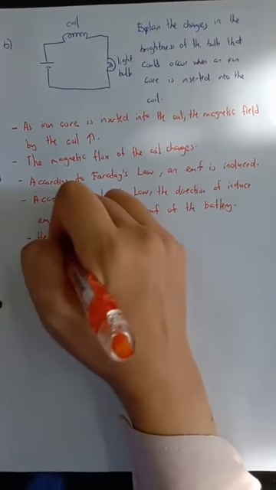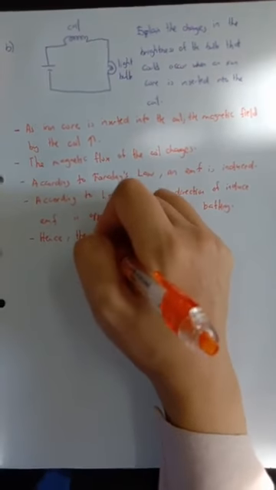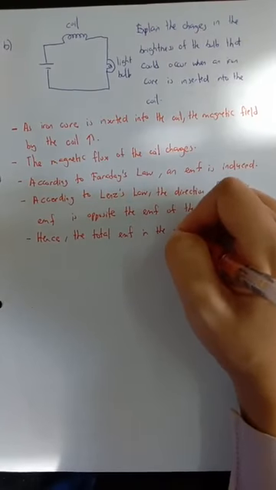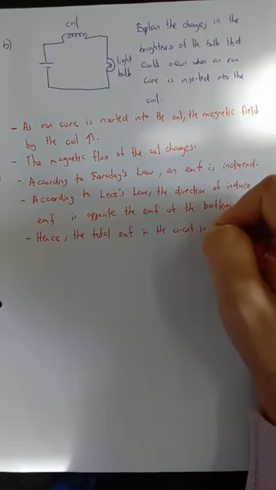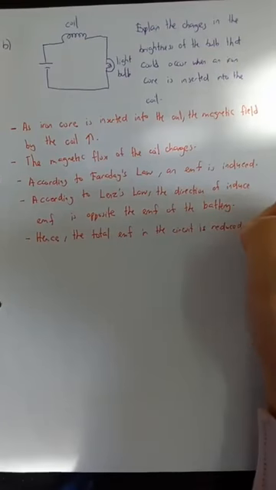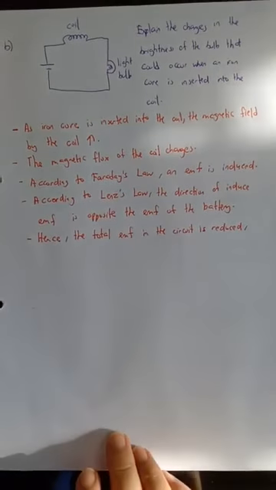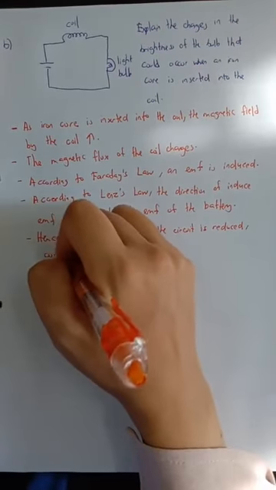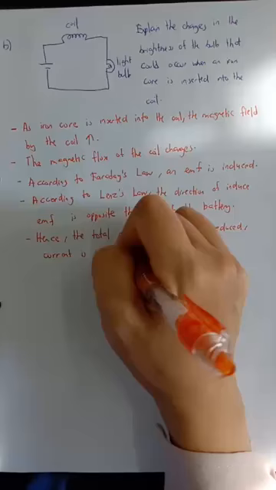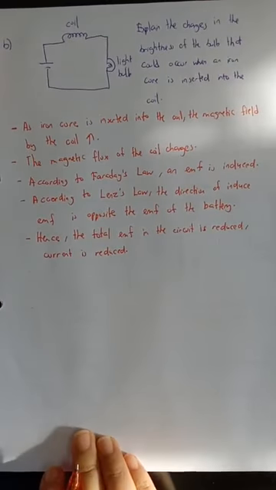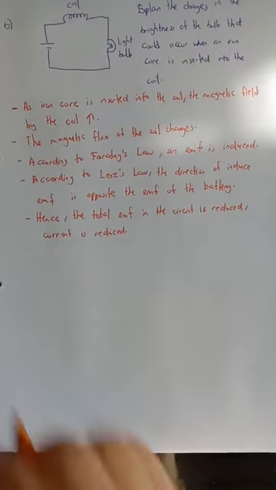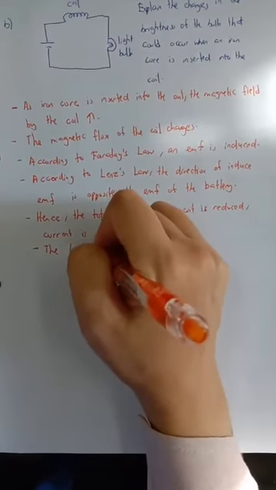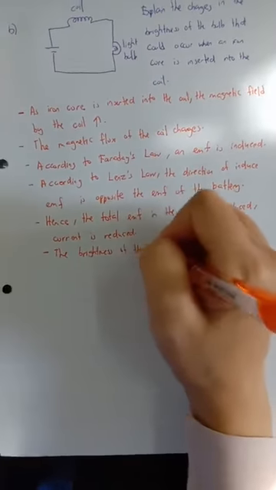Hence, the total EMF in the circuit is reduced. Current is reduced. The brightness of the bulb